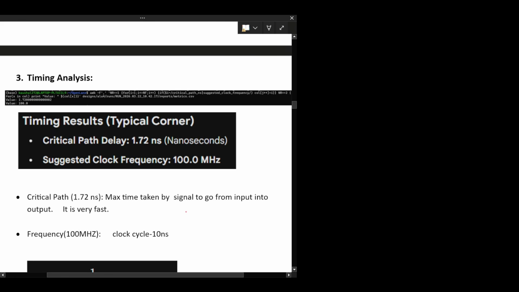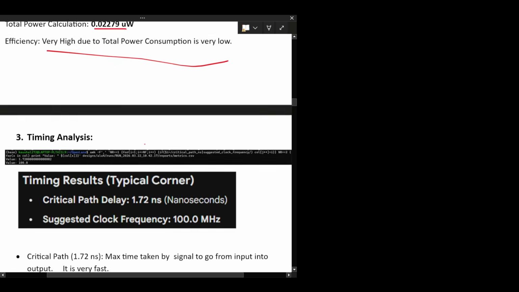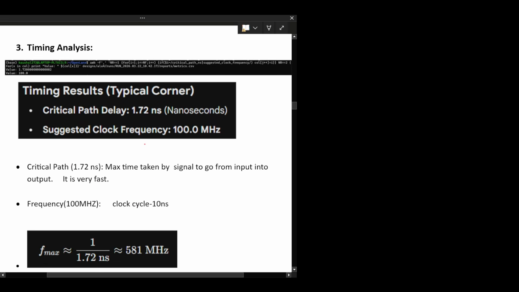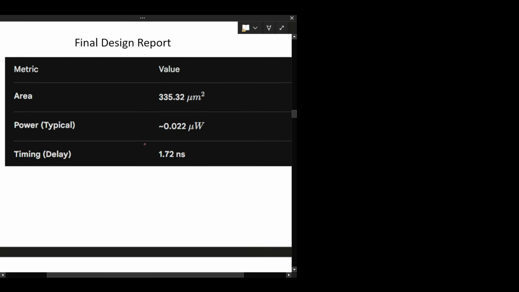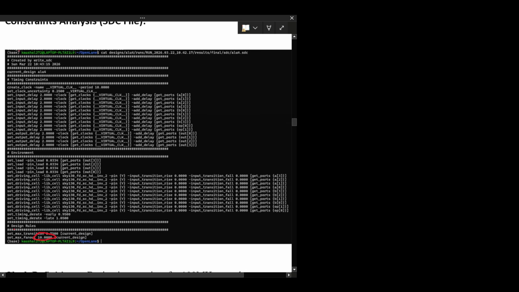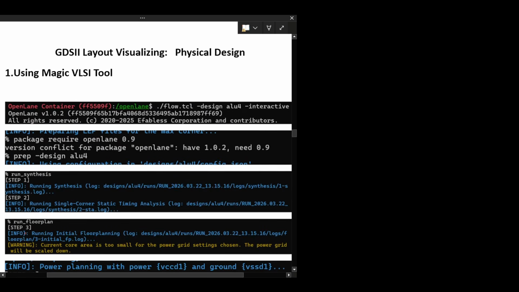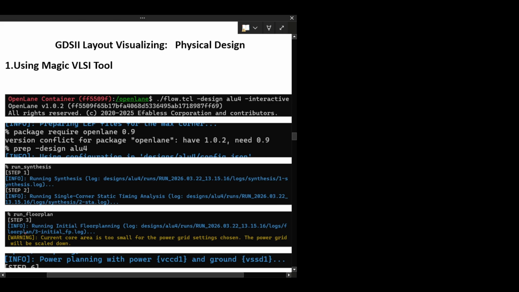After power analysis, speed analysis, area analysis, timing analysis, and constraint analysis, we go to the actual physical design, from RTL to synthesis to physical design.